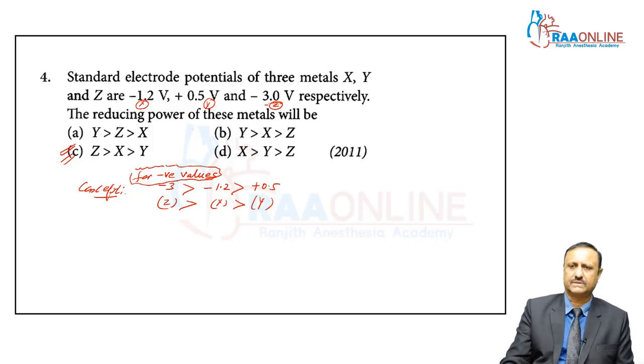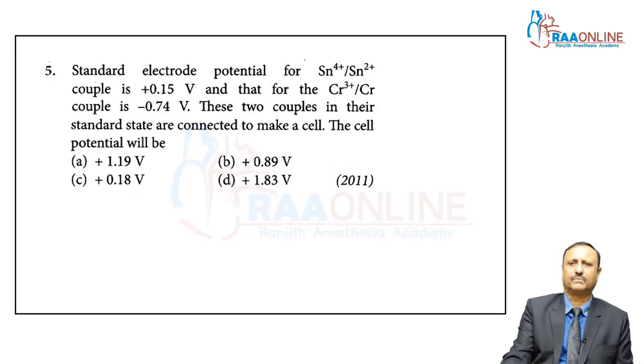And this question was also asked in 2011. Now, we can go to question number 5. The standard electrode potential for Sn plus 2 means electrons are taken in, which is reduction. Here you can see chromium is converted to chromium, which is also called reduction, and they want the cell potential. Here, my dear students,